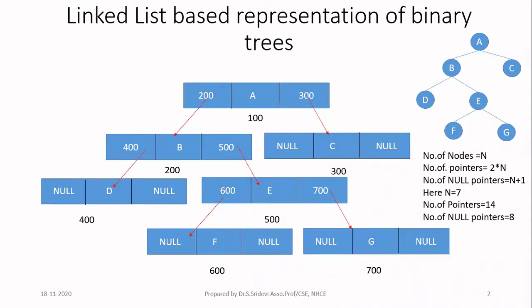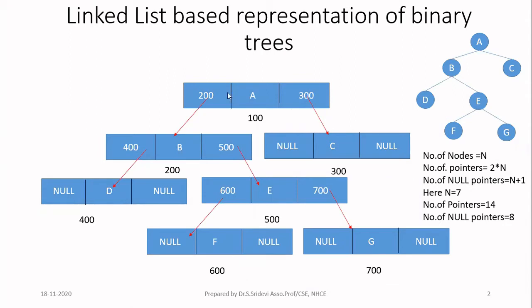Now I am going to represent this binary tree as a linked list. You can represent a binary tree either as an array or otherwise as a linked list. Now let us see what will happen when I represent this binary tree as a linked list. So every node will now have 3 fields. One field is the data field, the middle field where you are going to store the key value of the node. Here A is a key value I am storing. Then the node will have 2 pointers. One pointer points to the left child and the other pointer points to the right child. So this is the data structure for storing every node in the binary tree.